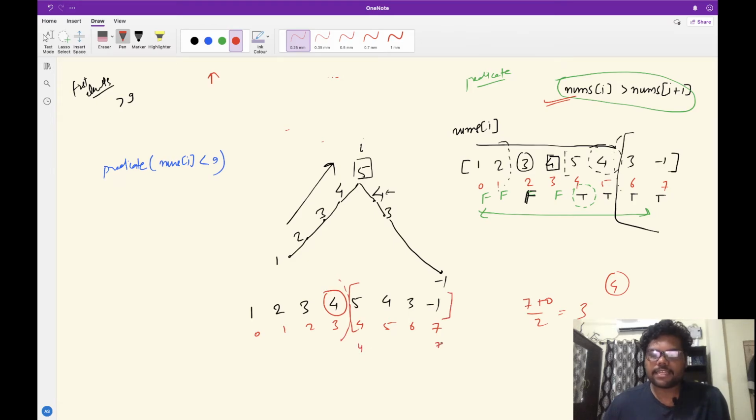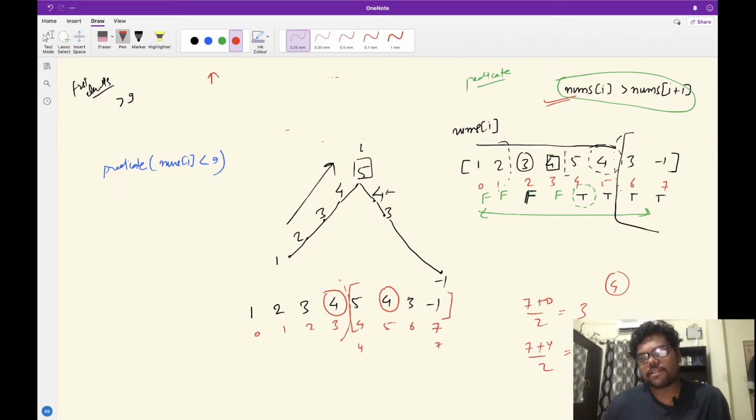My new low and high will be 4 to 7. Right, now my new mid would be 7 plus 4 by 2, 11 by 2, which will be 5. We'll see this. Is 4 greater than 3? Yes. Okay, 4 is greater than 3, right?